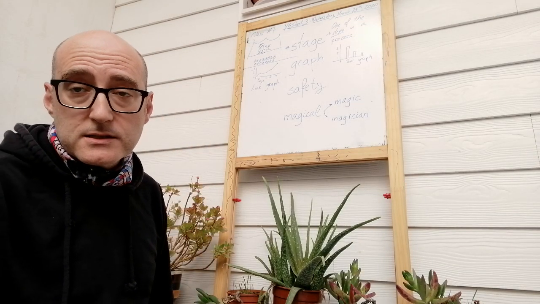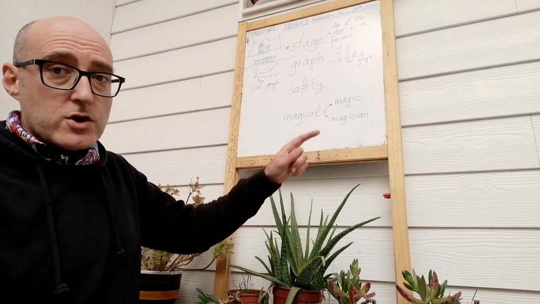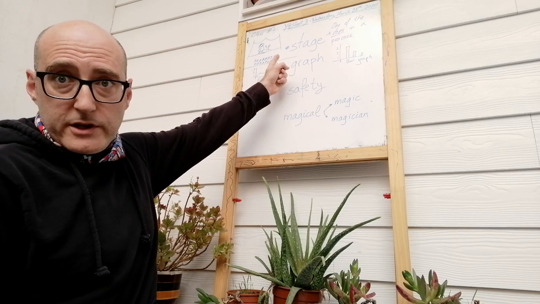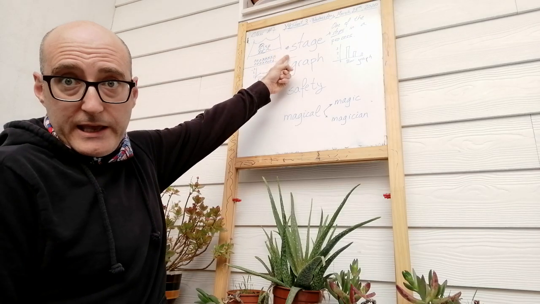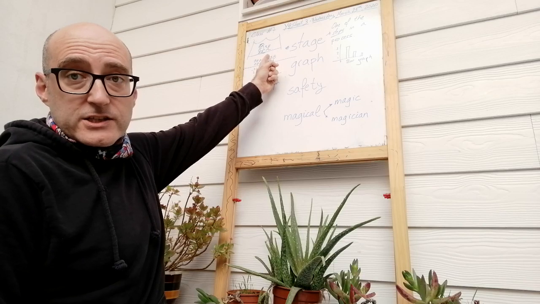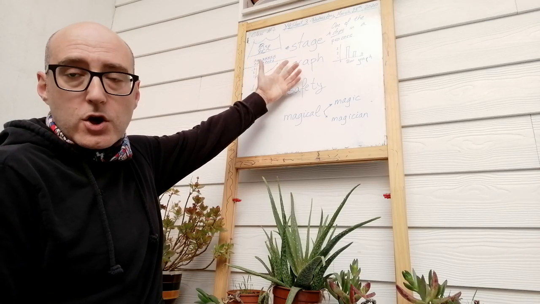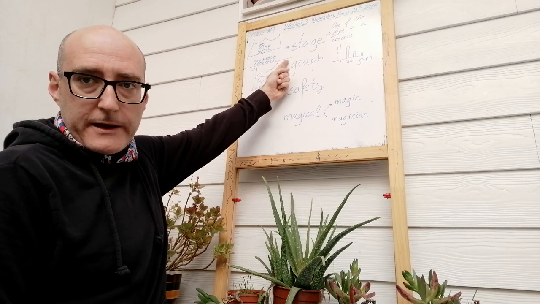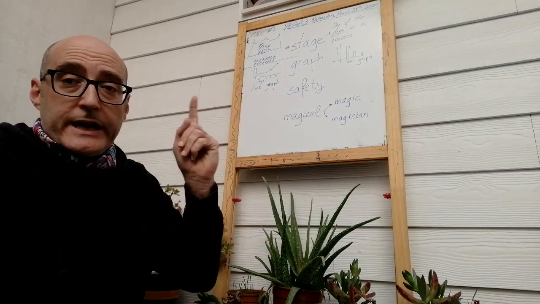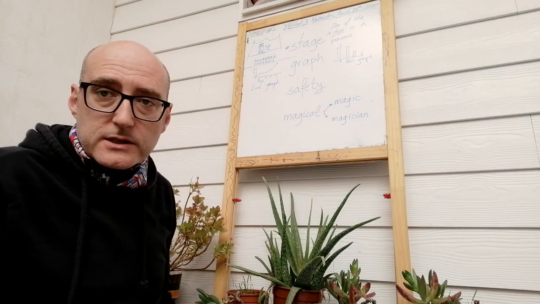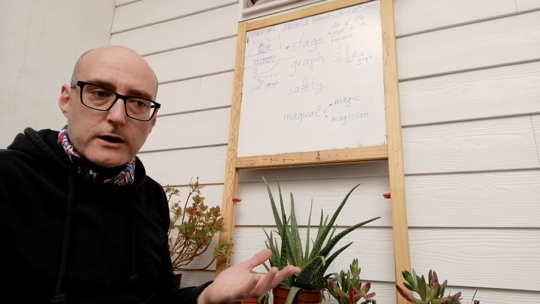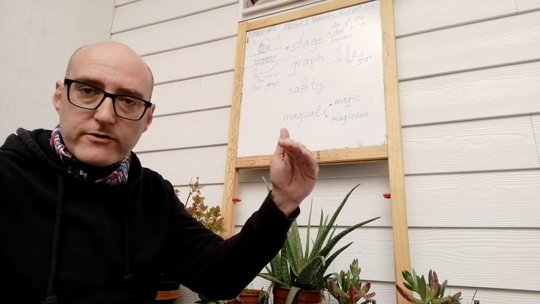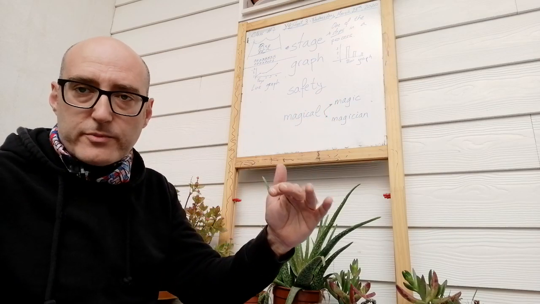Now, stage means a number of things. One of them is when you go to a concert or to a theater, you're the audience. All these people are the audience. They're watching the play or the concert in the stage. So the band, the musicians, or the actors act on the stage, okay? But also, stage is one of the parts in a process, okay? So when you have to do something that you have to do in order in different steps, each one of those steps is a stage in the process, okay?